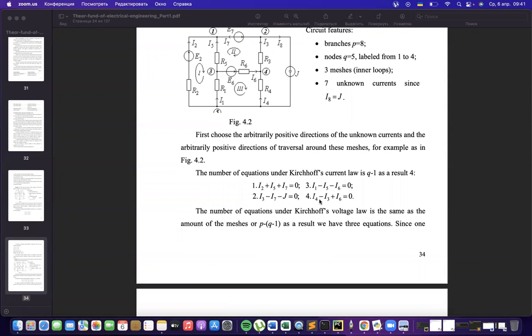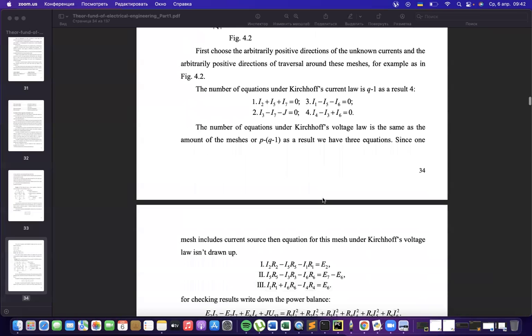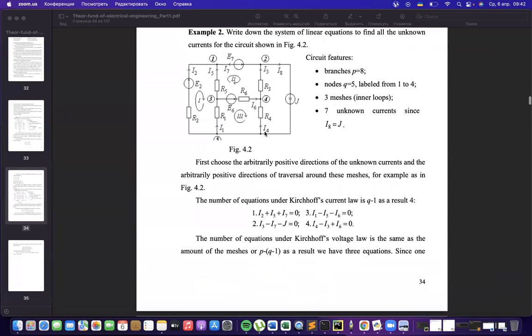You could look at it at home, try to remember how we write this Kirchhoff's current law. If there are any questions, please welcome. You could write me by email or in Telegram, and we will discuss it either personally or in the next class as you want. And also we are looking at the meshes,